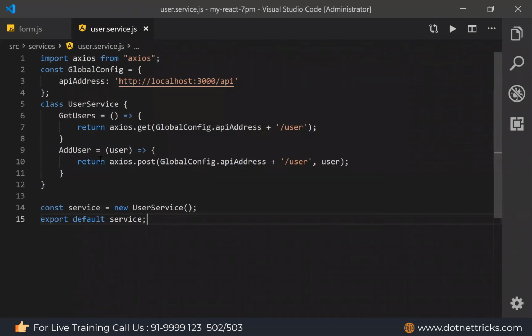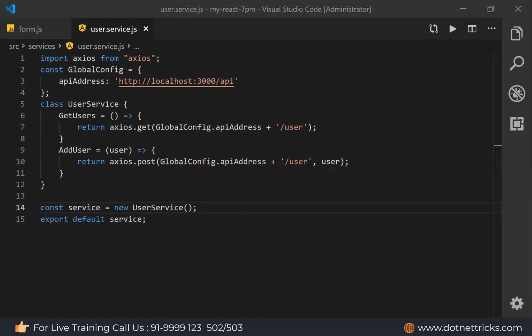Now this will be the singleton behavior for this user service, because the object I already created and that created object I'm returning. I'm not importing this class and then creating the object, because if you import it, you need to create the object every time. But if you want to use singleton behavior, create the object and then return the object from here. Now do we have singleton service in Angular?